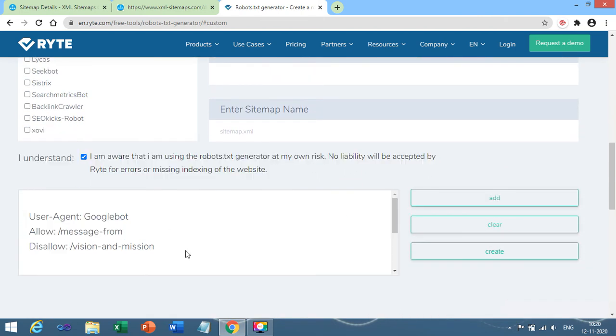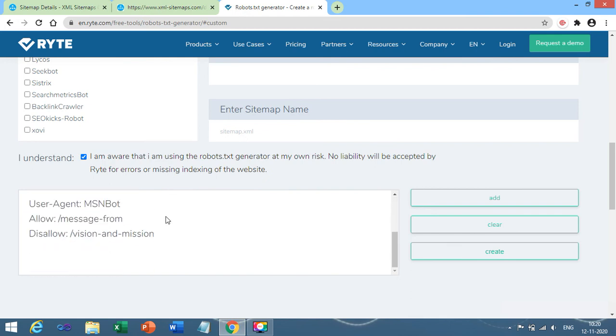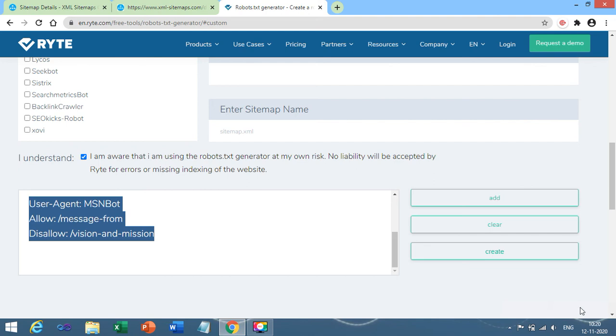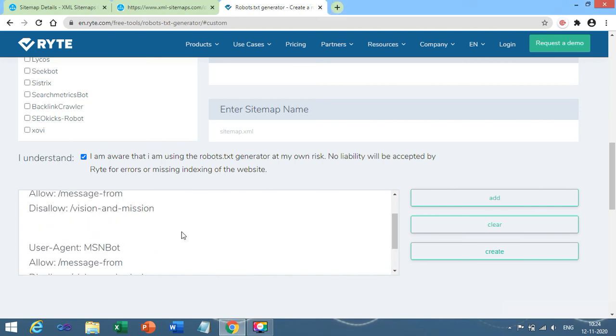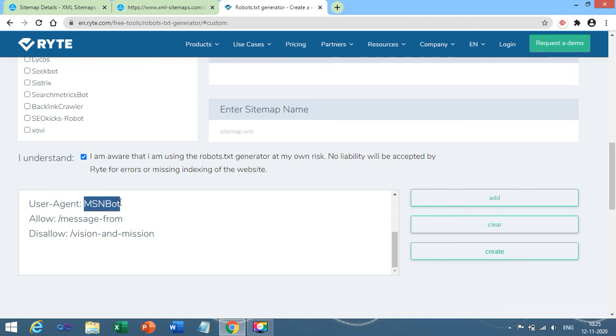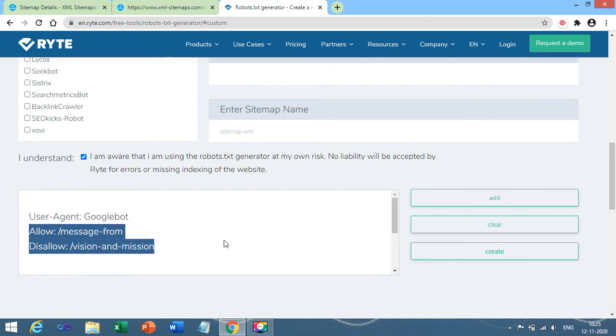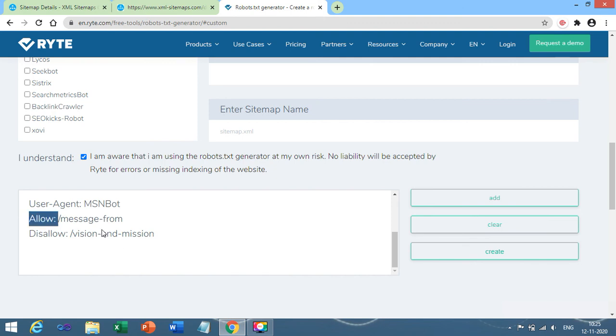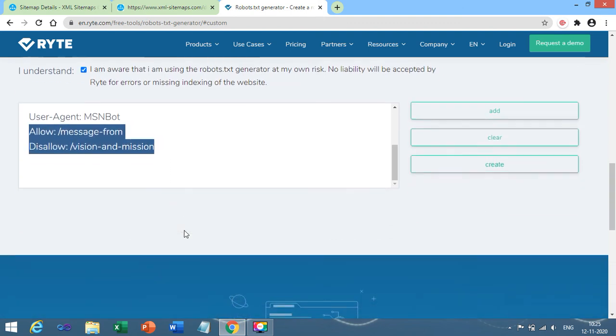Over here you will get the list of a single user agent, and over here the list of the second user agent. So it will generate two user agents. One is called Googlebot, another is called MSN bot. Each has allowed pages and disallowed pages.